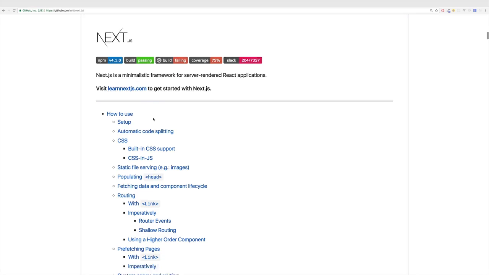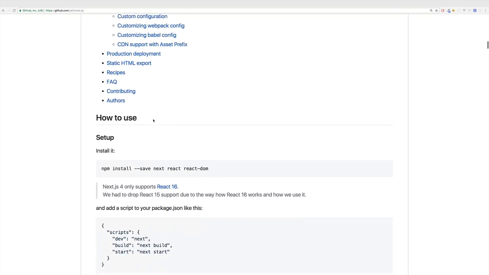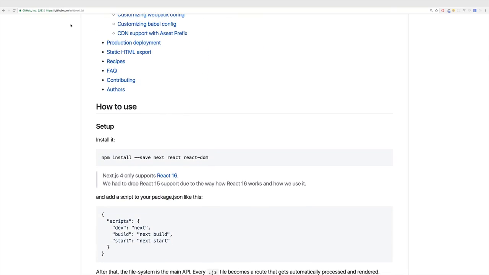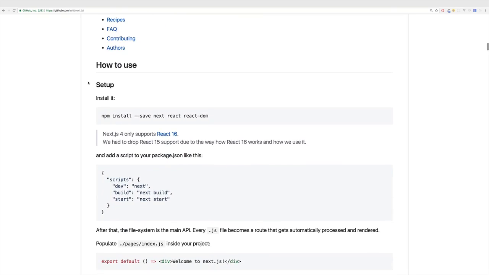So let's start setting up a Next.js project. You can find all the instructions on that GitHub page, and that is a great place to dive deeper. As you can see there, Next.js in the latest version at the point of time I'm recording this requires React 16, which under the hood introduced some breaking changes and which is the version we use throughout the course. So we're fine, we'll be using that version here too.